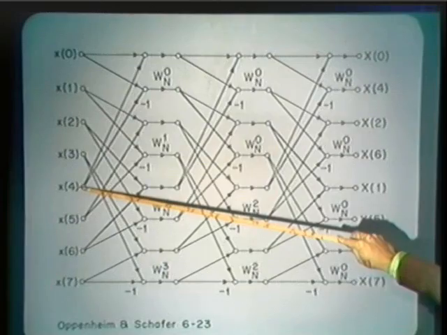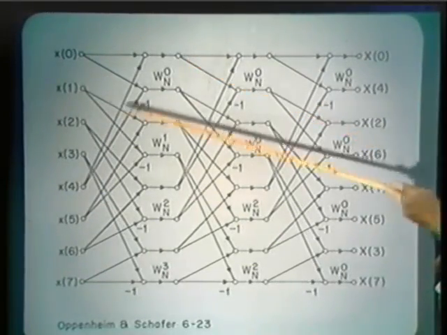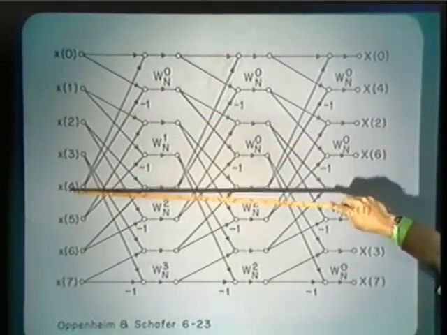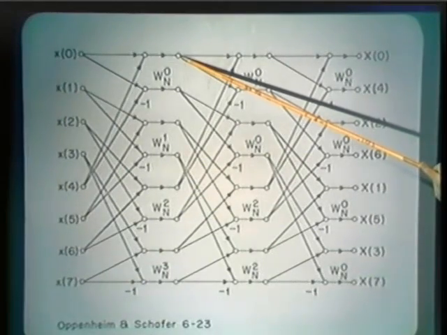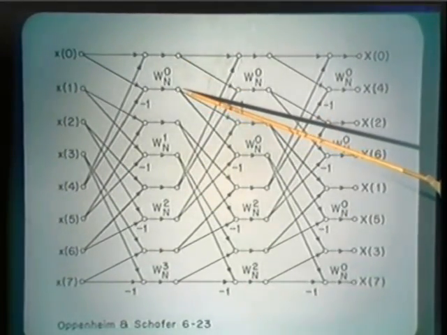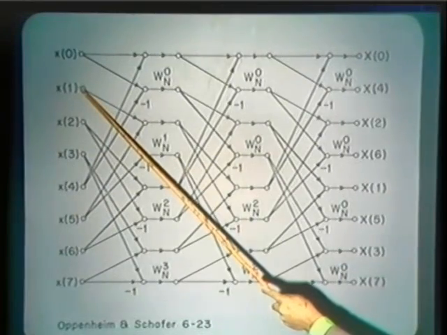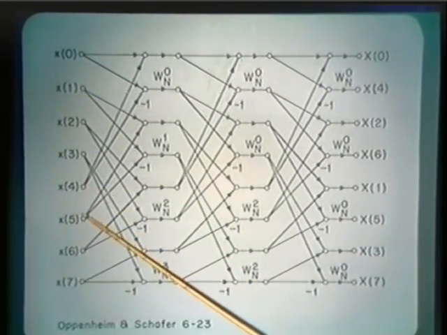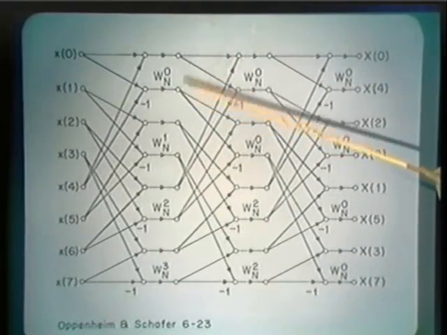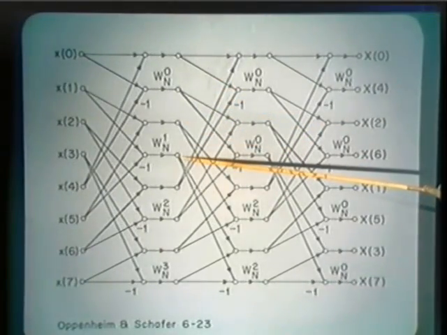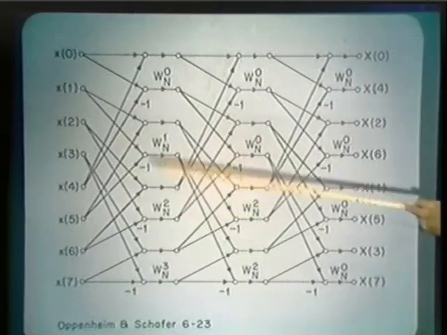But notice that now in the computation, utilizing the computation for this point, for example, we use the first output point from memory A and the first output point from memory B. We store the result in the first register in memory C and in the second register in memory C. Then, to compute the next 2 points, we take the next point from memory A and the next point from memory B, do the appropriate addition and subtraction, multiplication by powers of W, and store those in the next 2 registers in memory C. For this particular example, namely n equals 8, that fills up memory C, and we proceed likewise